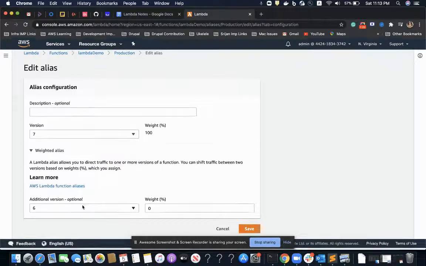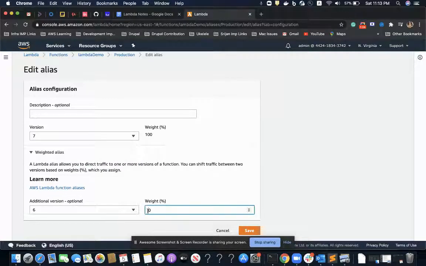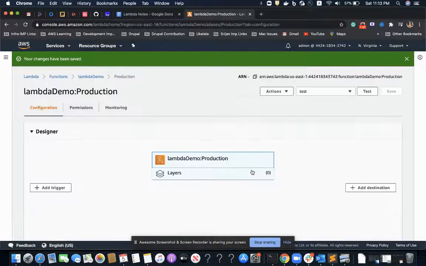Right now 100% is working on version 7. I want 50% to work on version 6 and 50% to work on version 7. How can I do that? With a weighted alias, we can do that, and we can test it.